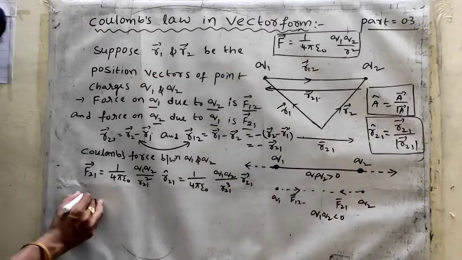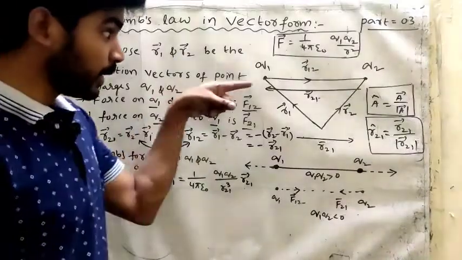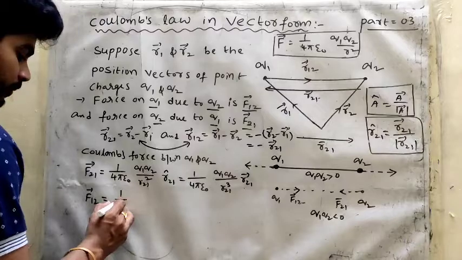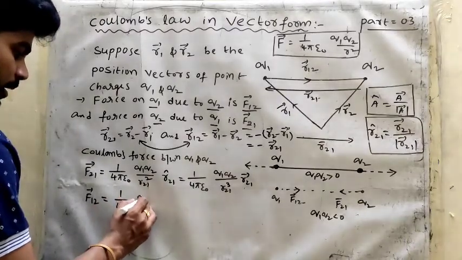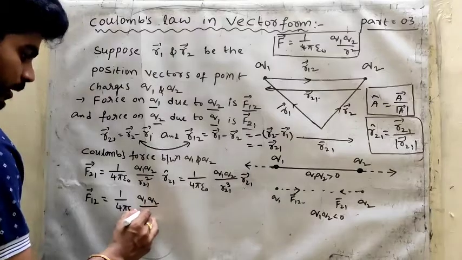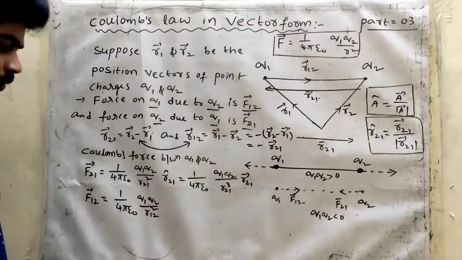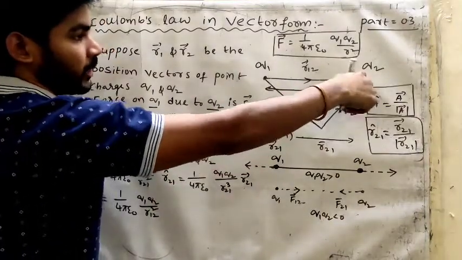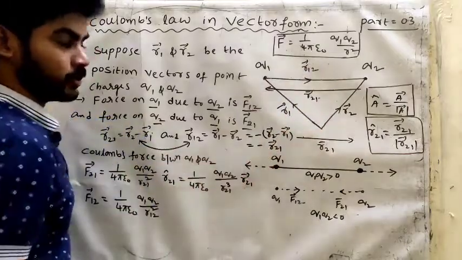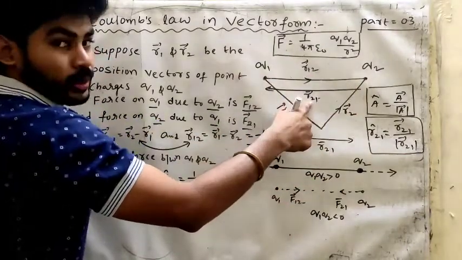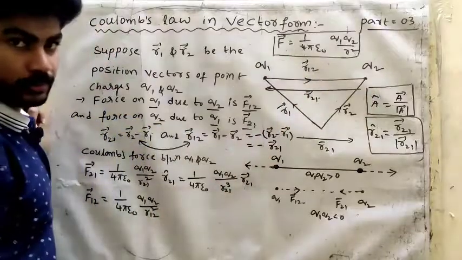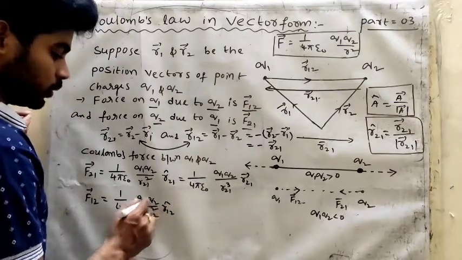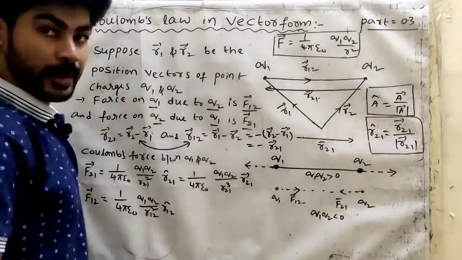So next, force on q1 due to q2. Particularly we are mentioning direction also, that's why I am taking here vector notation. So 1 by 4 pi epsilon naught q1 q2 by, so now here r12 square. Okay, so force on q1 due to q2, now we are taking distance r12. q2 to q1 means r21 we are taking, q1 to q2 means r12. So r12 whole square, multiply here r12 unit vector, r12 cap.